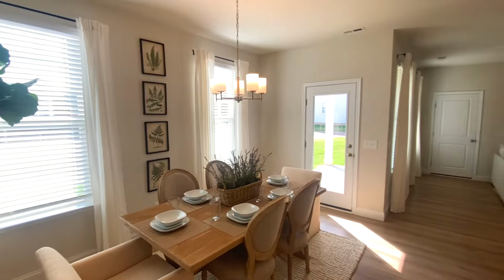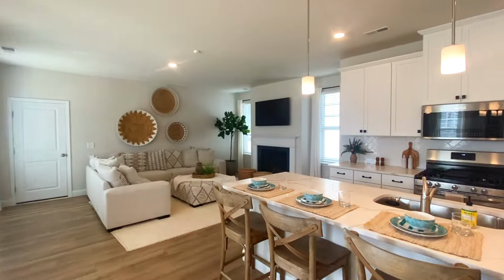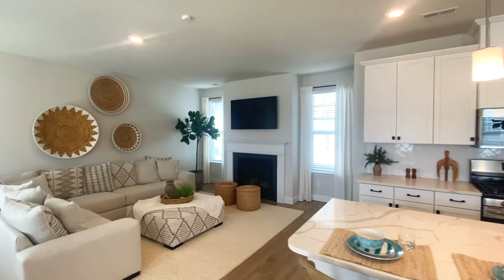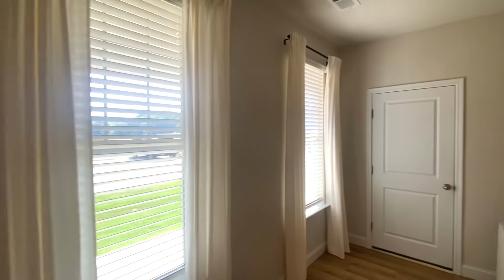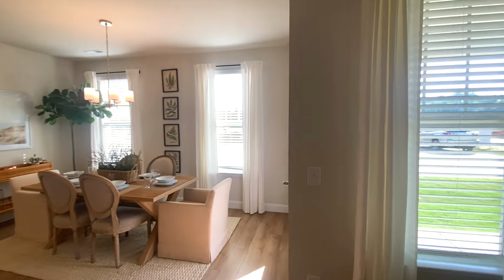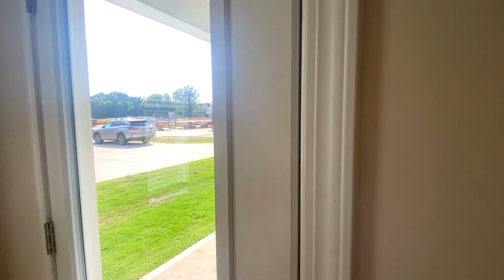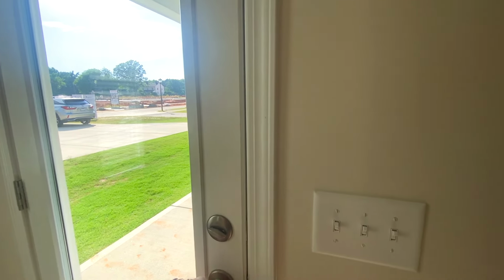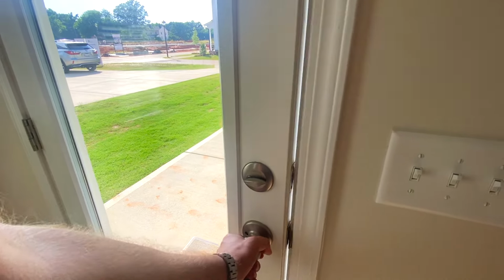So going into the main living area, look at this. They got so much going on. This staging is absolutely gorgeous, and look at how much natural light's just pouring in. Lots of windows, lots of light. Oh, and one of the things I like as a design feature from Brookline, in many of the communities I've seen from them, is that